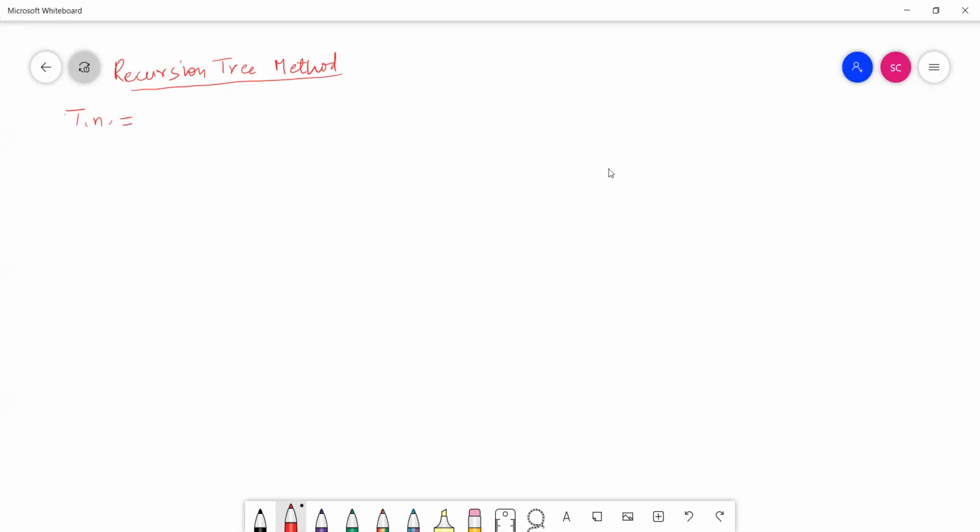Tn is equal to A Tn by B plus some expression. Okay, this expression can be 1 also, this expression can be 2 also, this can be n square also. Okay, this can be anything. This can be 1, this can be 2, this can be c, this can be n square, this can be n log n, anything it can be. So normally we solve questions of this type